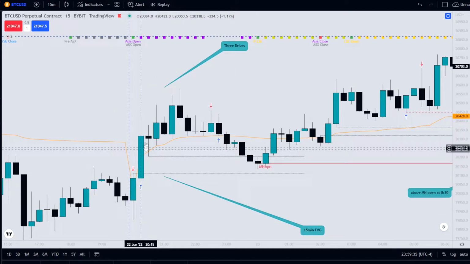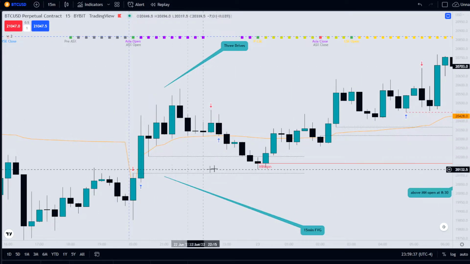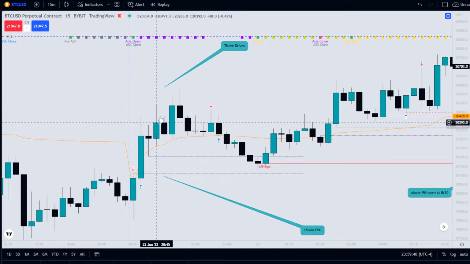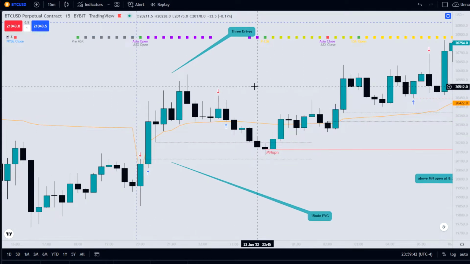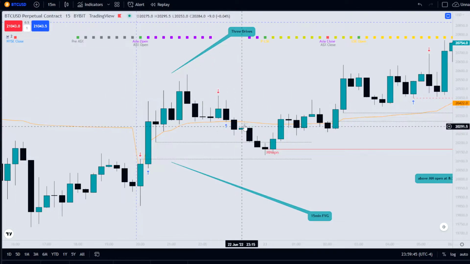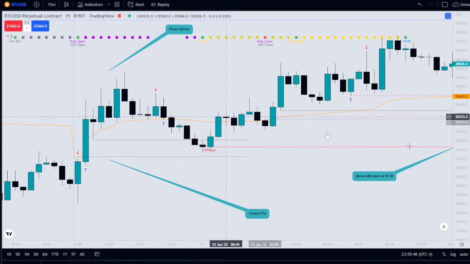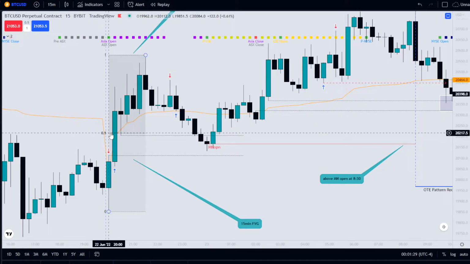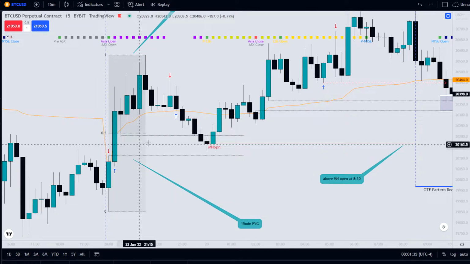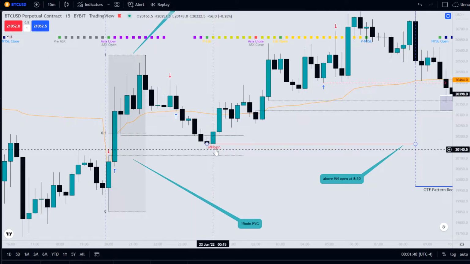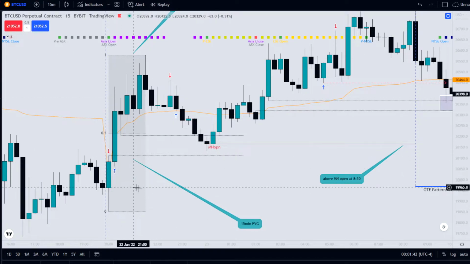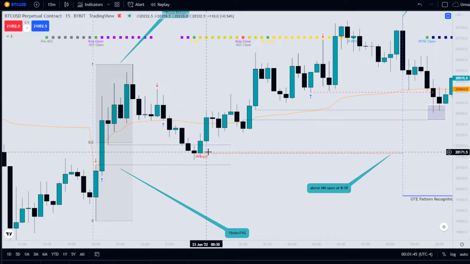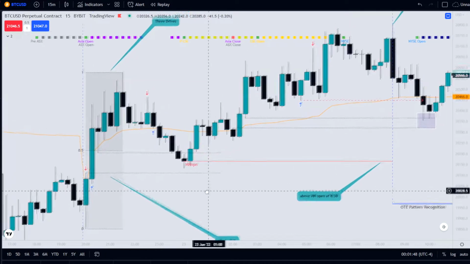So as price comes up with the energetic distribution, we create the fair value gap on the 15-minute, we create the 3 drives pattern, and we get a retracement down. Here you can see my entry on a short. So price retraces down, 15-minute fair value gap, and also below the 50% threshold, so below the equilibrium of this range. So we move to internal liquidity of this range, tagging and running the 15-minute fair value gap,